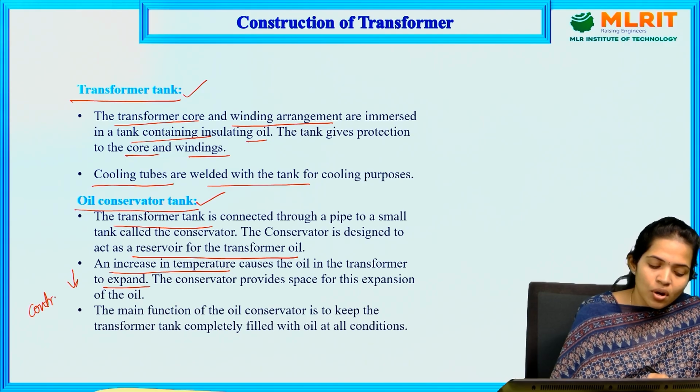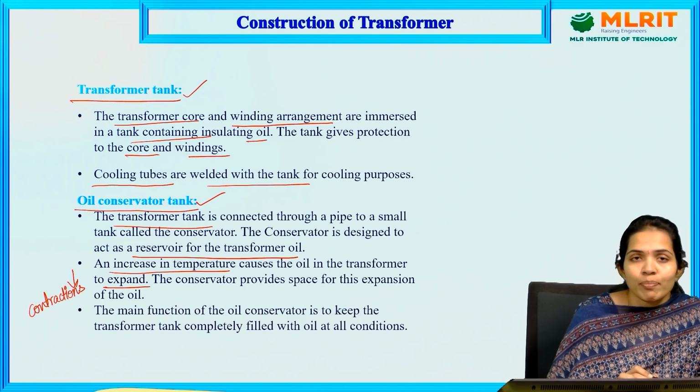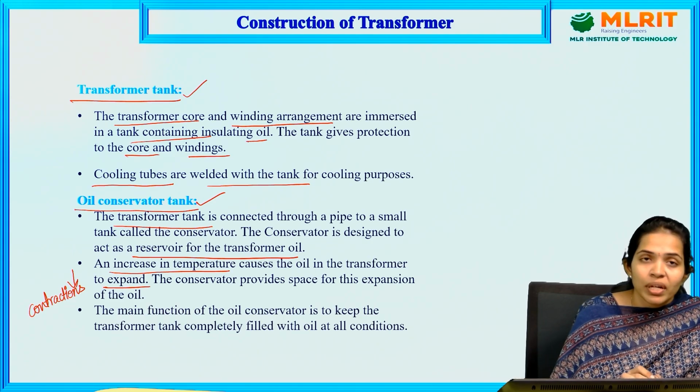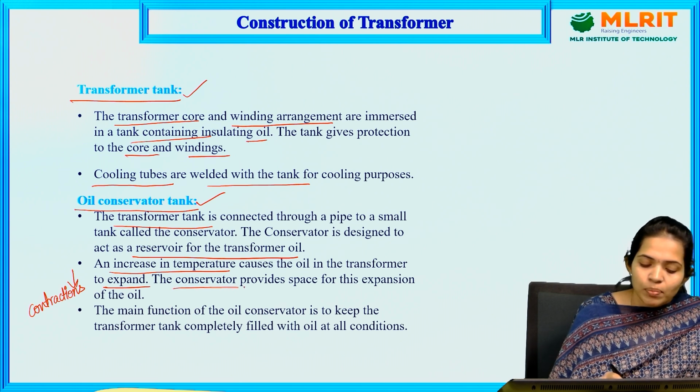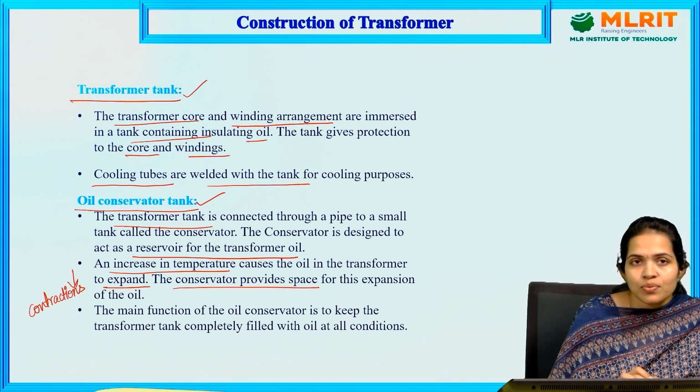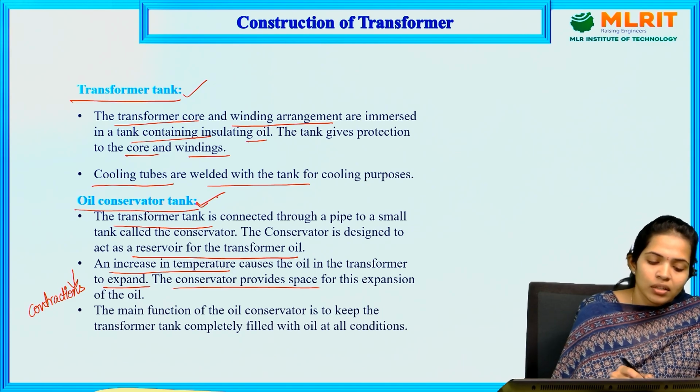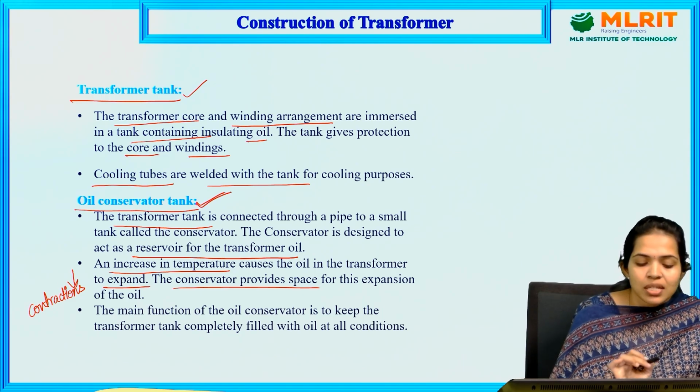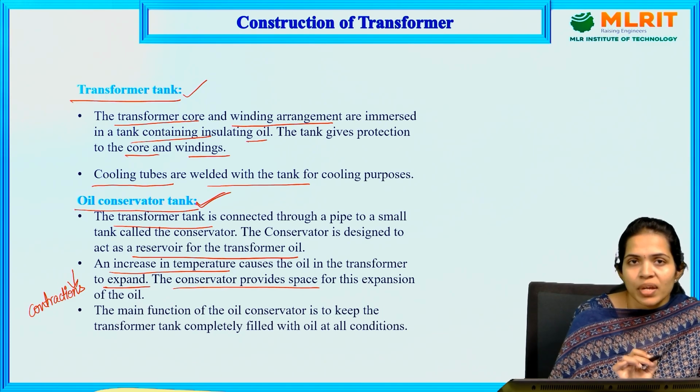All these contractions and expansions are taken up by the transformer oil present in the conservator tank. Basically, the main function is to provide the space for the expansion and contraction of the oil in the transformer unit. So this conservator tank provides a space for the contraction and expansion of the transformer oil,